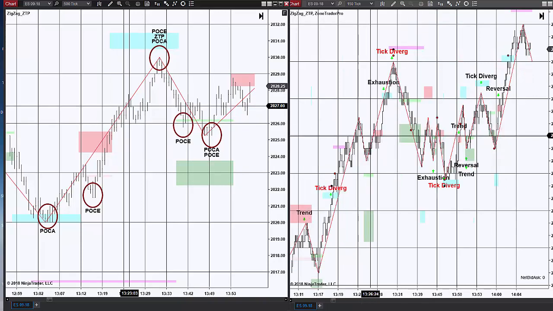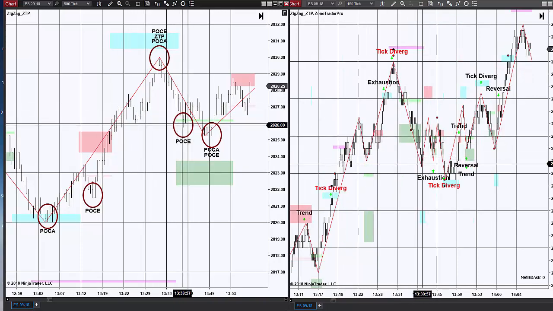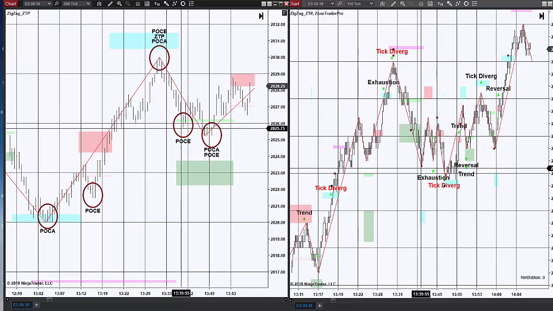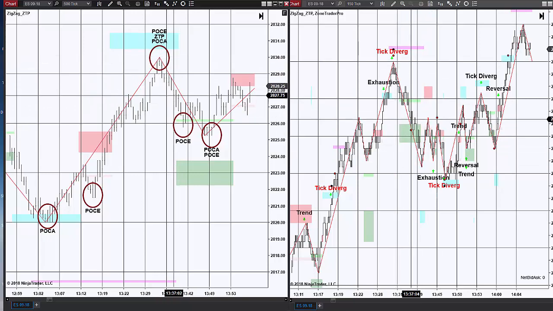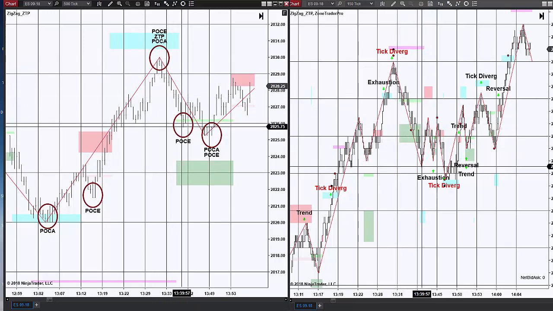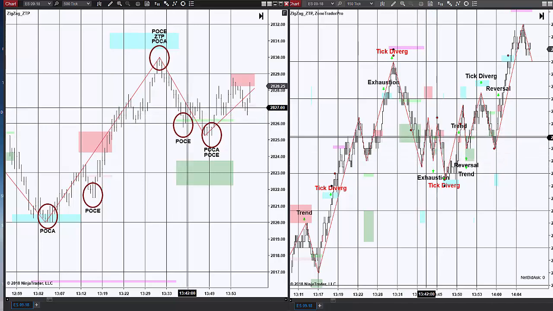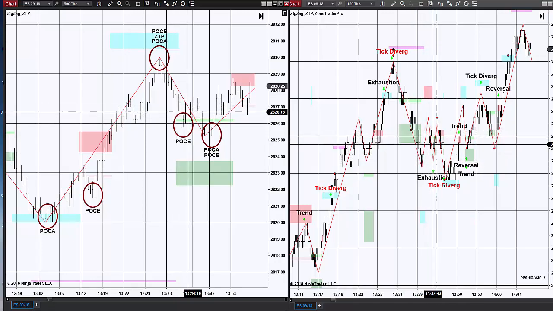However, when we look at the chart on the right, we have exactly the same situation we were faced with at the beginning of the day. We have a trend trade here. That trend trade traded 7 ticks through that zone. This is the reason why, if you entered here, you quickly found yourself underwater as this traded back and forth